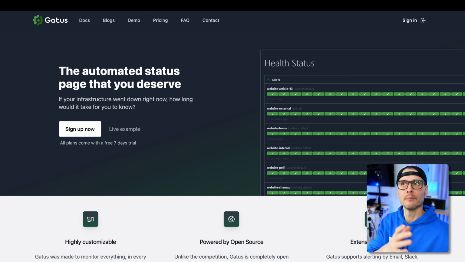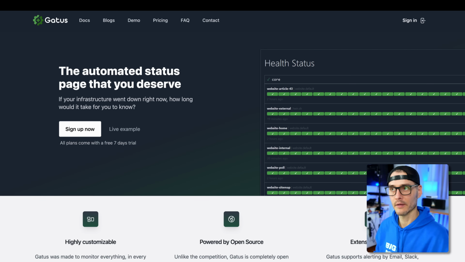But since I moved a lot of my home prod services out of my home Kubernetes cluster, I didn't have a use for Gaddis for monitoring internally anymore. So anyways, a lot to figure out there. If you want something that's cool and different, Gaddis is the way to go. I have a video too.